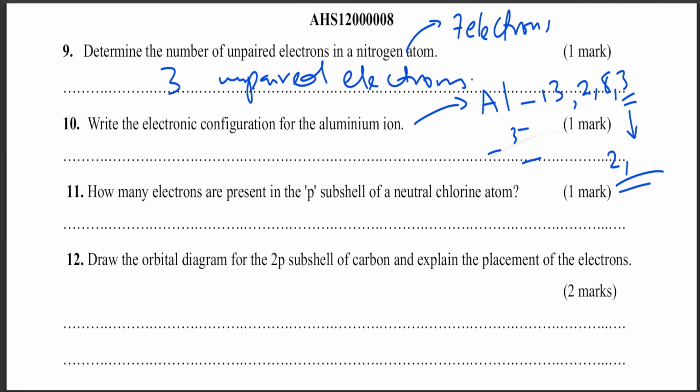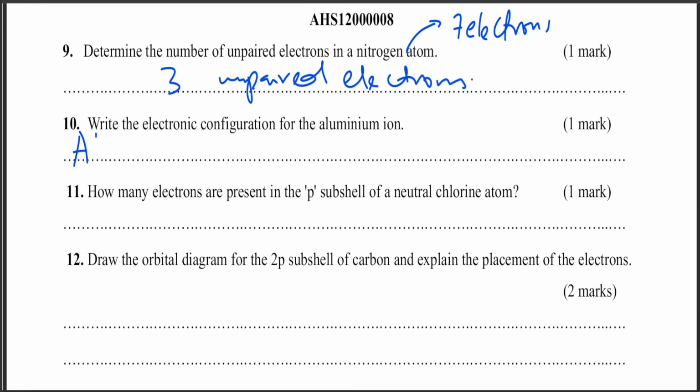So in short, how many electrons does the aluminium ion have? It has 10 electrons. So the aluminium ion, which is 3 plus, because you have not been told to be very specific when writing the electronic configuration, many people would write it in the long form, but the most prescribed one is to write it in s, p notation. So if you write it in s, p notation,